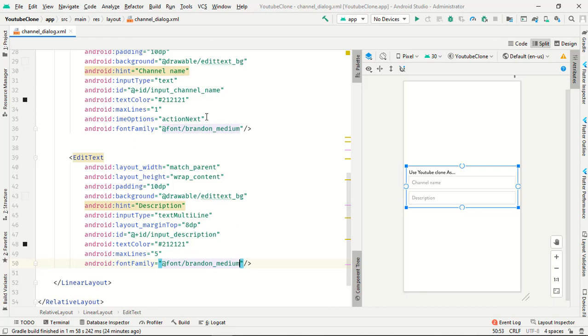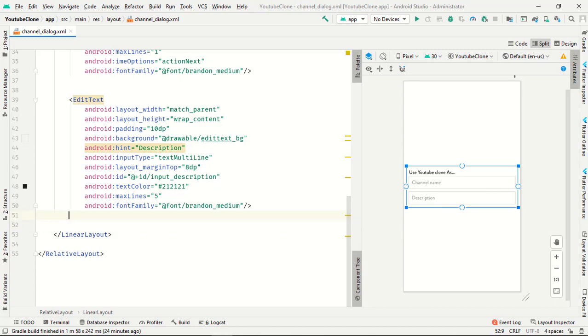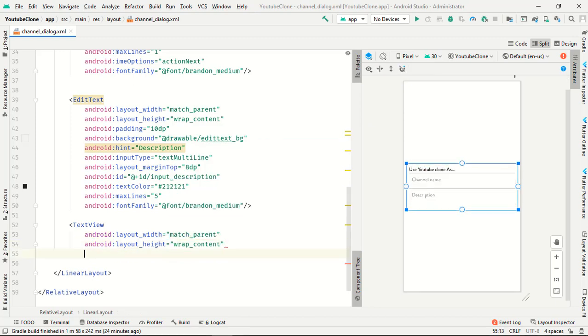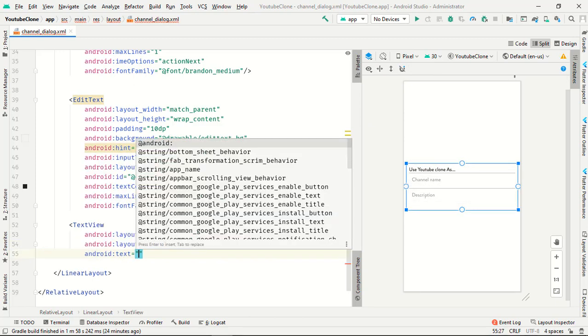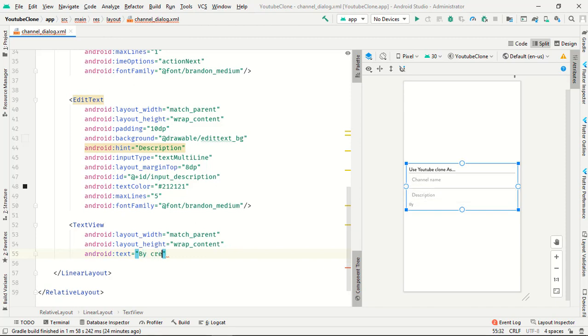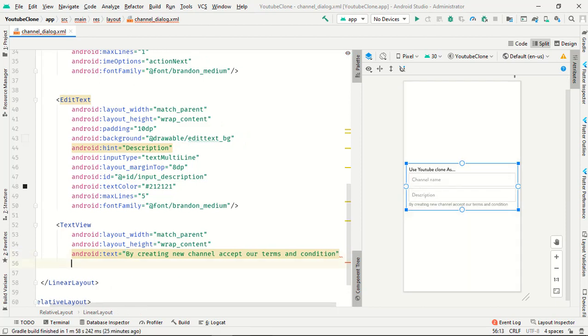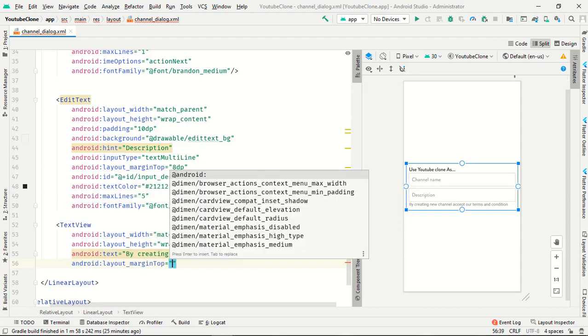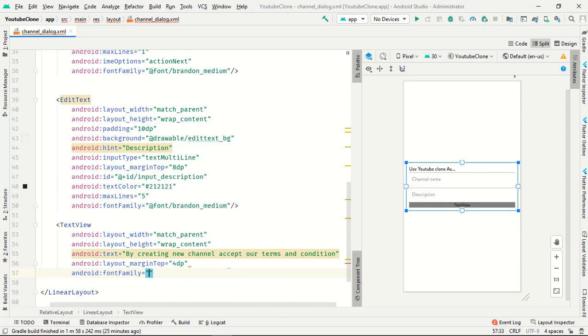Okay, now we want one text view at the bottom. Text view as match parent, wrap content, and text will be: by creating new channel, accept our terms and conditions. Layout_margin from top is 4 dp and the font family is my default.